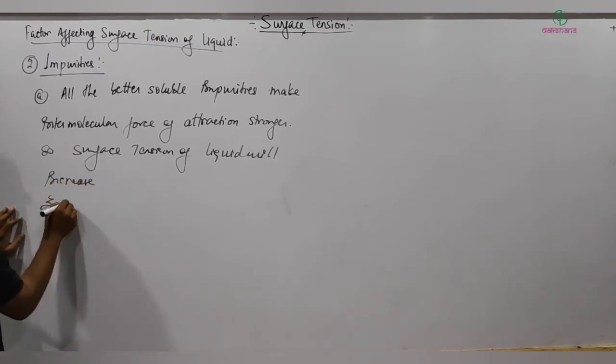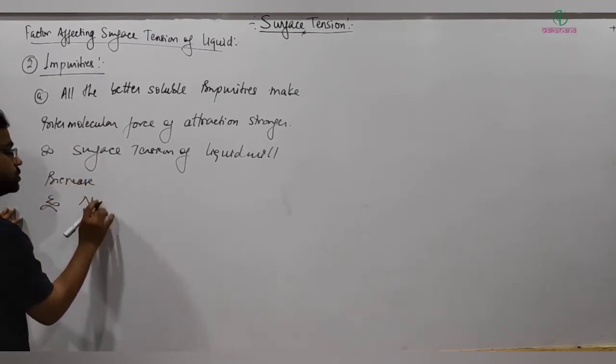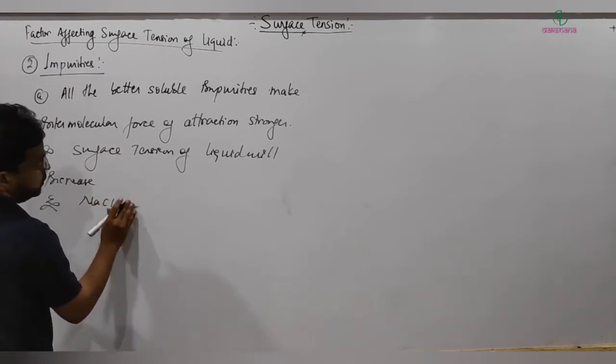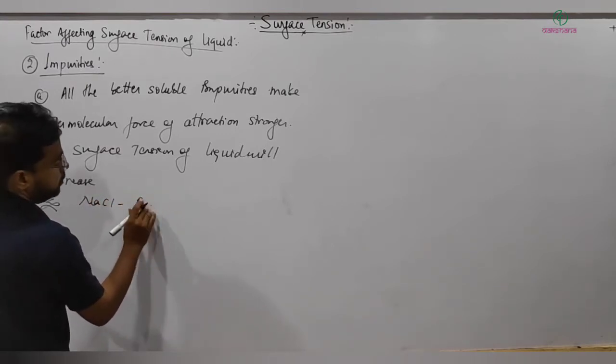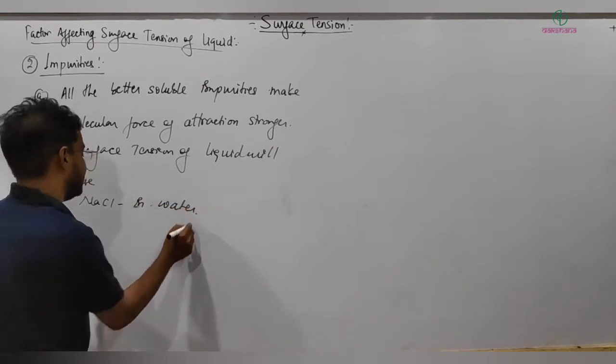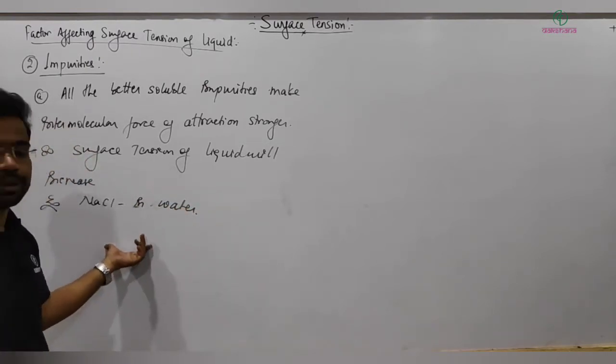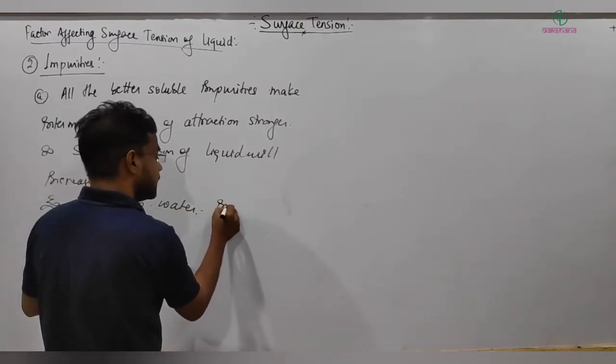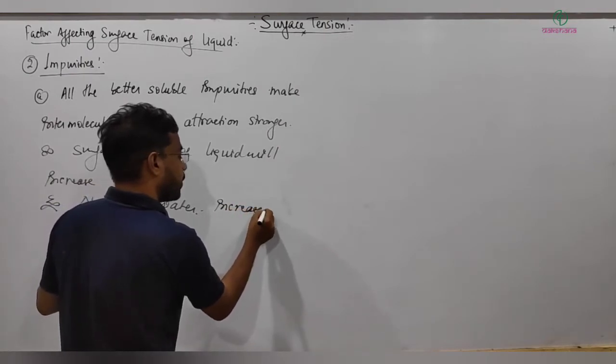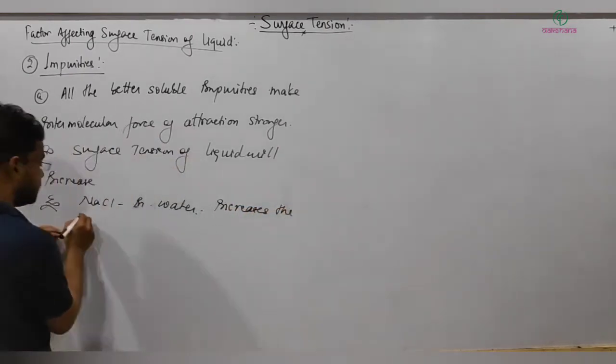Example, NaCl, salt in water. NaCl is highly soluble, increases the surface tension